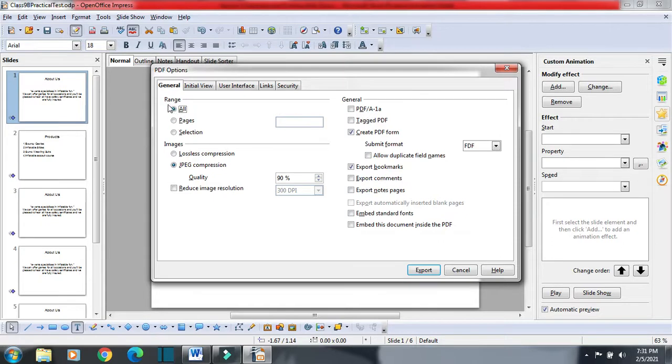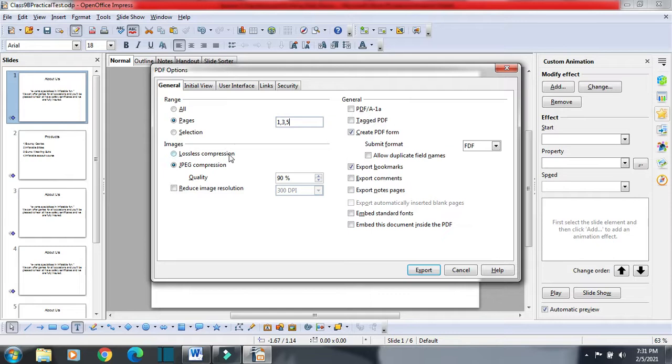Do you want to create a PDF of all the slides, or if you want to go for some pages? So I will just write page 1 to 4 I want to create as PDF, or I want to create PDF of page number 1, page number 3, page number 5, like this. And for images, you know very well that only this slide which we have selected will be changed to PDF.